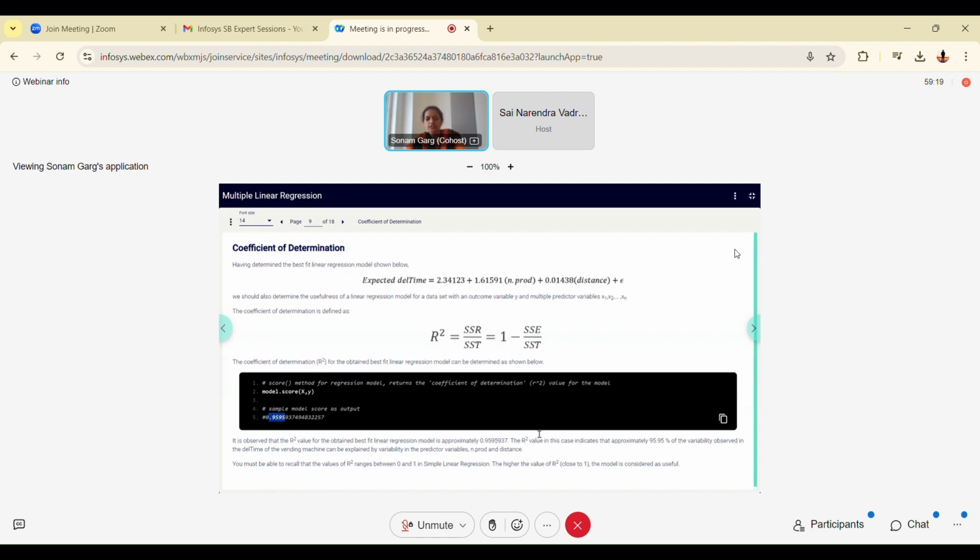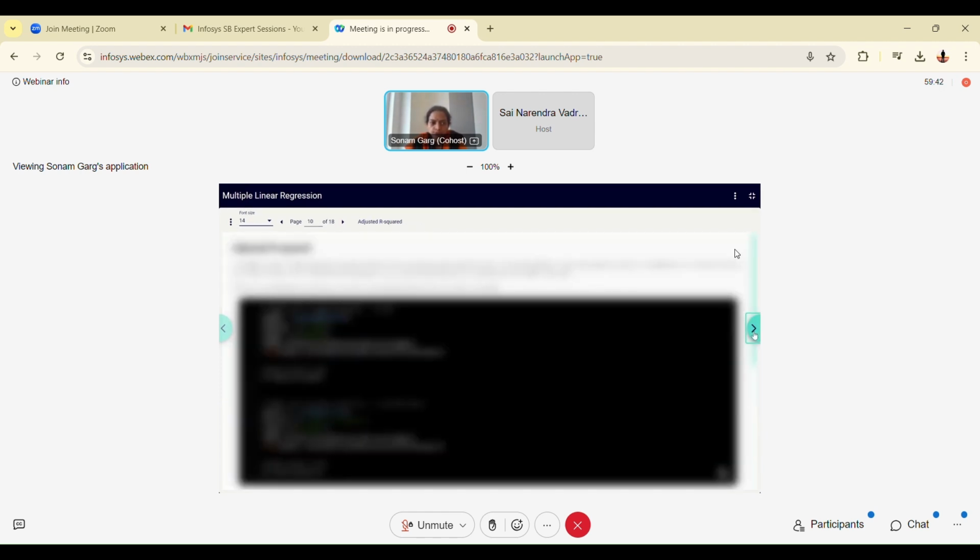So this means 95% variability in delivery time can be attributed to your distance and number of products. That is actually very high, 95% of the variability, because R square values range from 0 to 1. And the higher the value of R square, the more useful the model is considered.